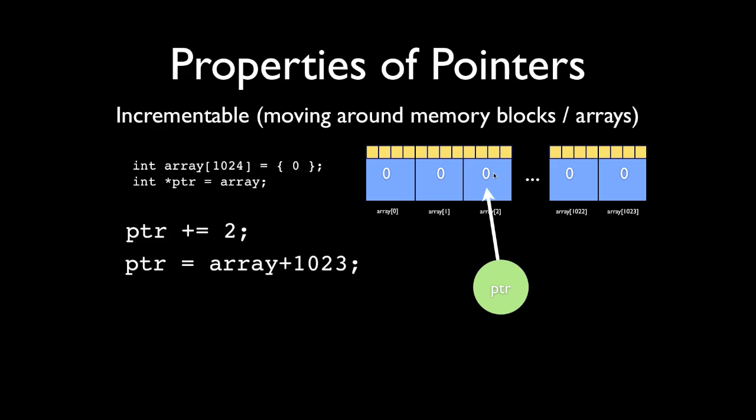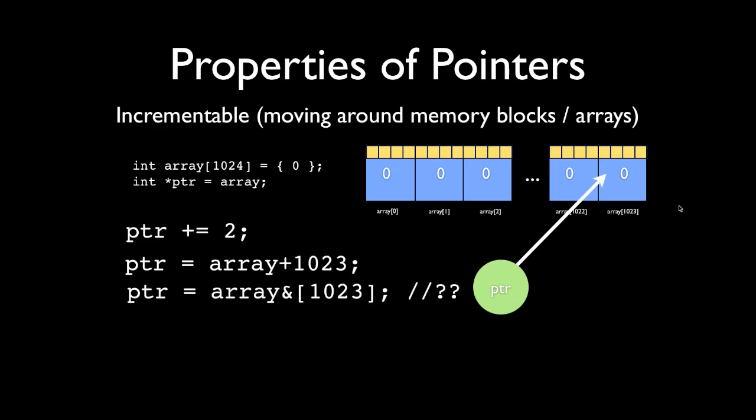So take a wild guess what this one will do. You're setting the pointer equal to array plus 1023. That's 1,023 elements into the array. Now pointer points to the last element in the array. That's pointer arithmetic. It's very hard to grasp when you're starting out, but it's one of the single most powerful things because you're able to march through memory arbitrarily and have full control over your memory, because arrays are memory like everything else.